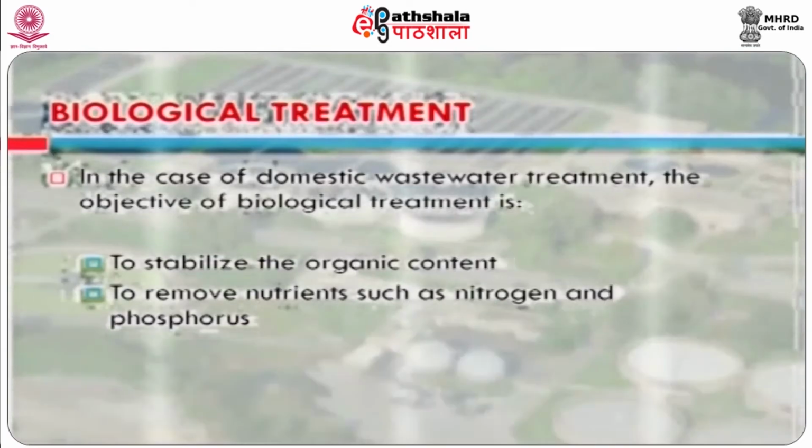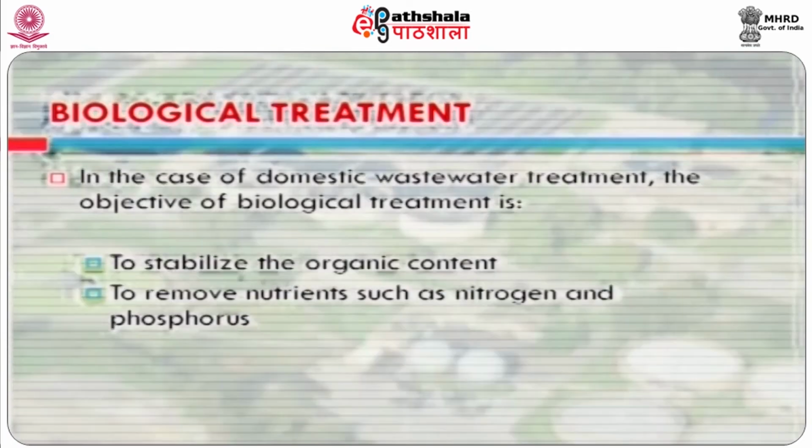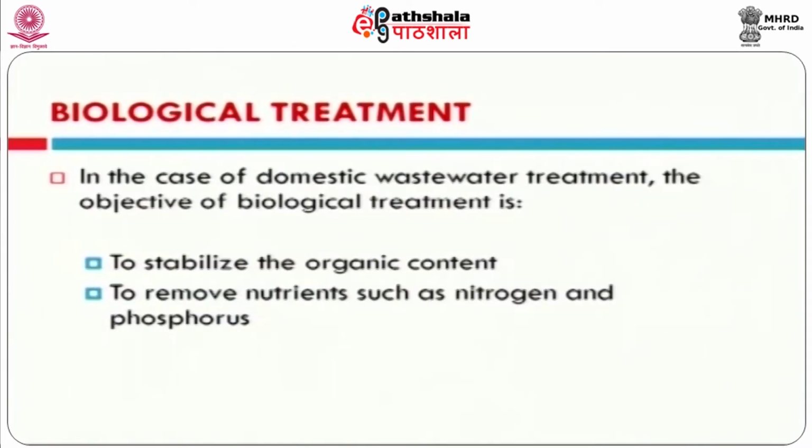As per TNPCB norms, the treated effluent BOD should not be greater than 20. So, we have to remove 260 milligram per liter of BOD with the aid of biological activity. Based on this simple calculation, we can easily calculate how much BOD load is entering the secondary treatment facility. The major objectives of biological treatment are to stabilize organic matter present in primary clarified effluent. One more objective is to stabilize nitrogen as well as phosphorus present in the effluent stream.